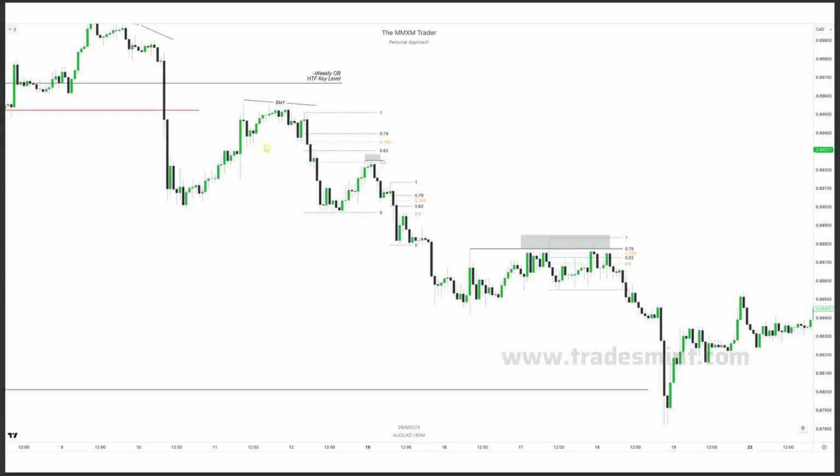Again, we wait for that 1-hour SMT to form, and then we're going to be looking for 1-hour continuation purges into the 50 or 62% retracement level. So we've got that happening over here, right? Continuation purge into premium, drops down lower, again another range formed back into the 50 to 62% retracement level, and same thing happens over here, continuation purge above an old high, then price trades back into that retracement level, and